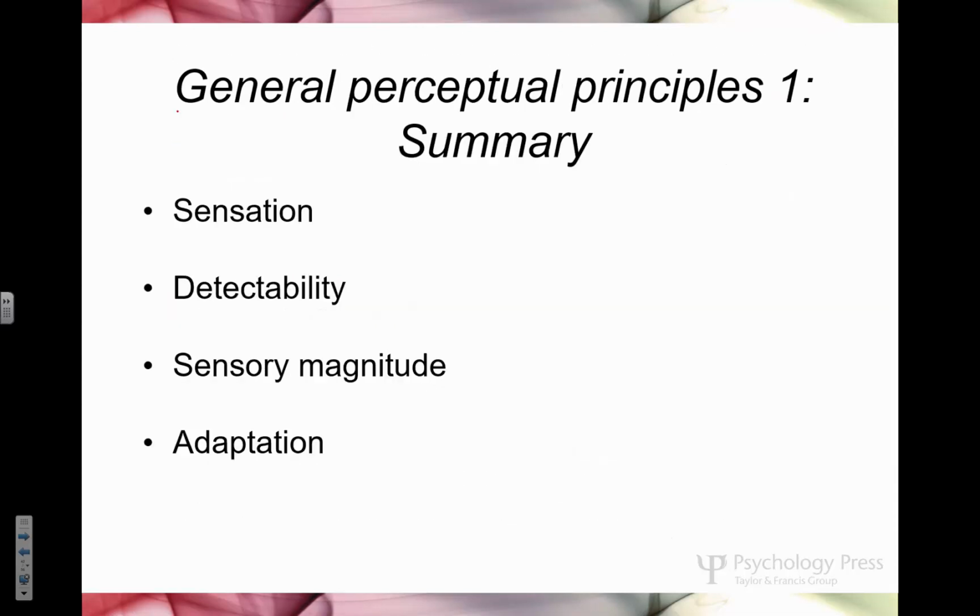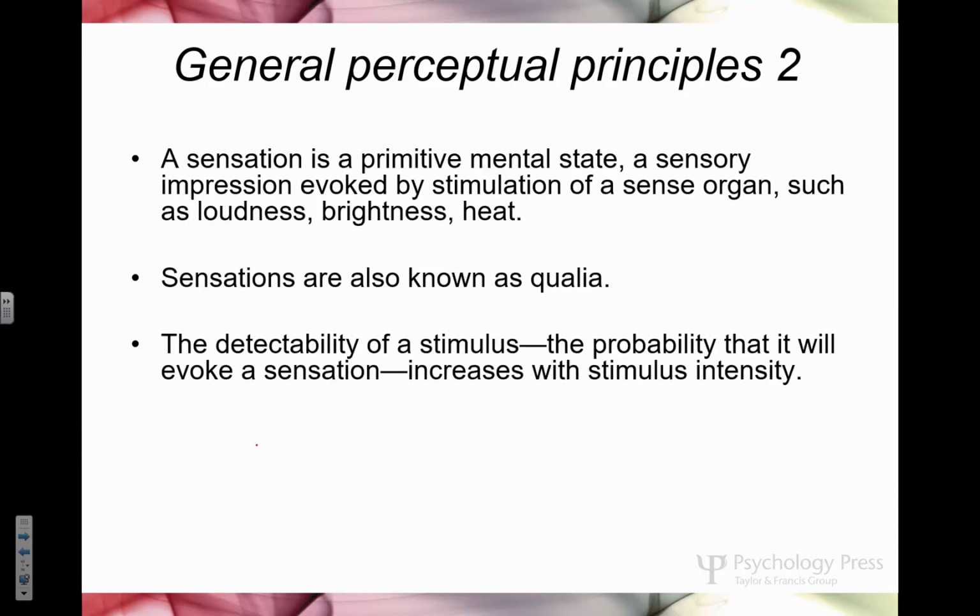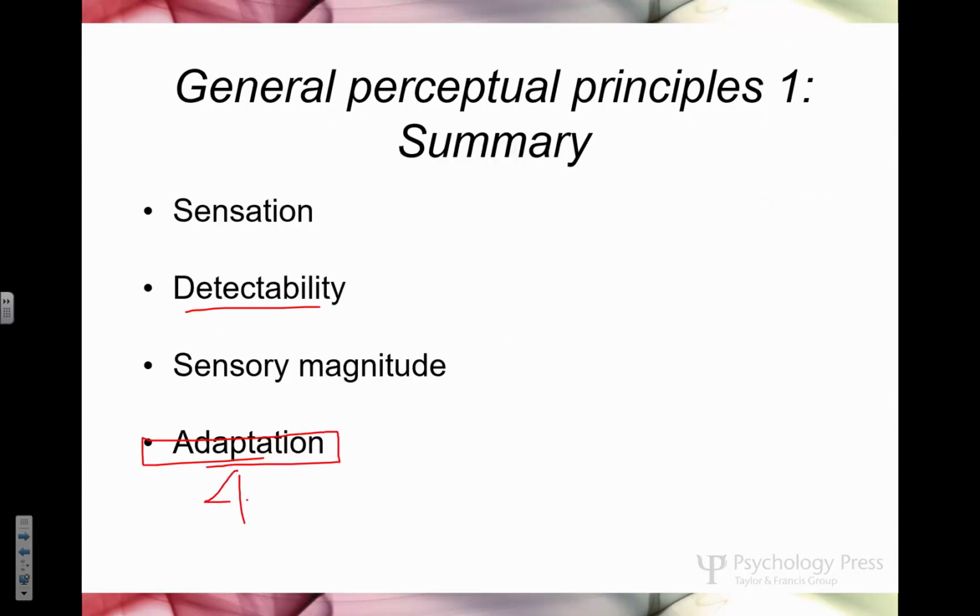Selectivity, organization, noise, plasticity, we talked about that. Sensation, detectability, you don't really need to think about that too much. Adaptation, that's really what your lab was about. Taste adaptation. We'll talk more about taste another day, but it was about how tasting one thing that's powerful changes your perception of a substance later, right? And I'd say most of you, when you drank the water after the lemon or the lime or the sugar, it was different than regular water. For some of you, it may have been the same, but for many of you, there was some sort of different experience, right? That's what we were going for.